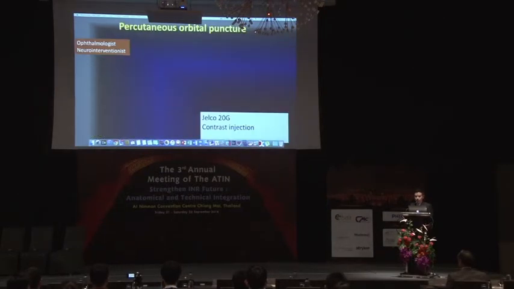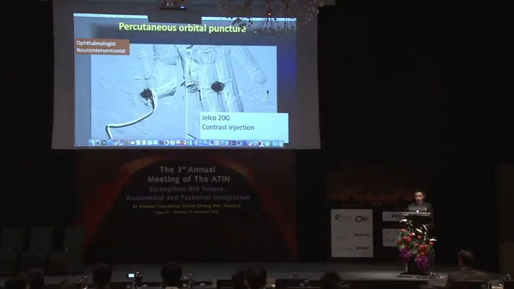In our institute, we treat this lesion by percutaneous puncture of the orbit. After the puncture, we inject contrast to confirm the tip of the catheter is inside the lesion. After that, we inject bleomycin. Bleomycin is a sclerosing agent to treat